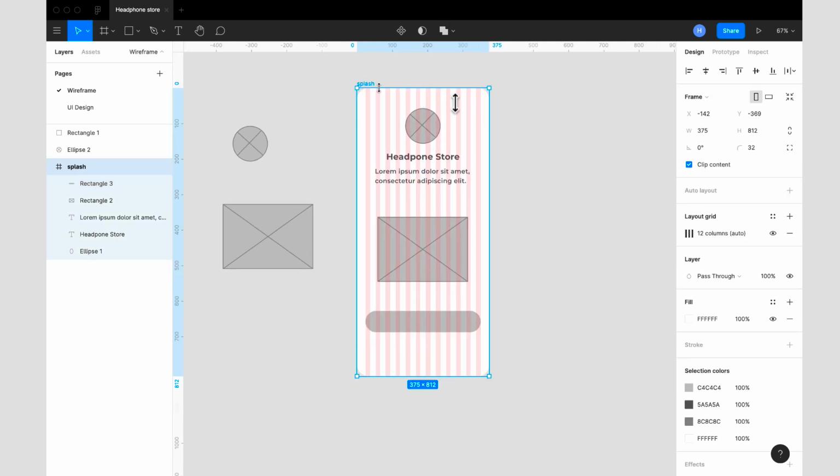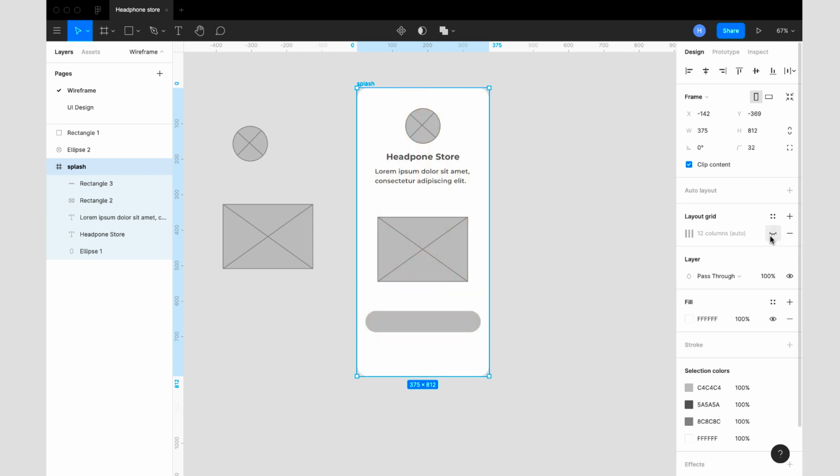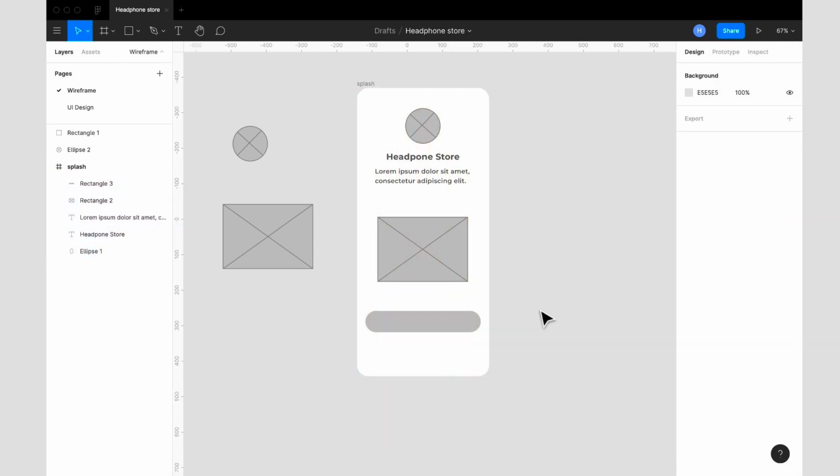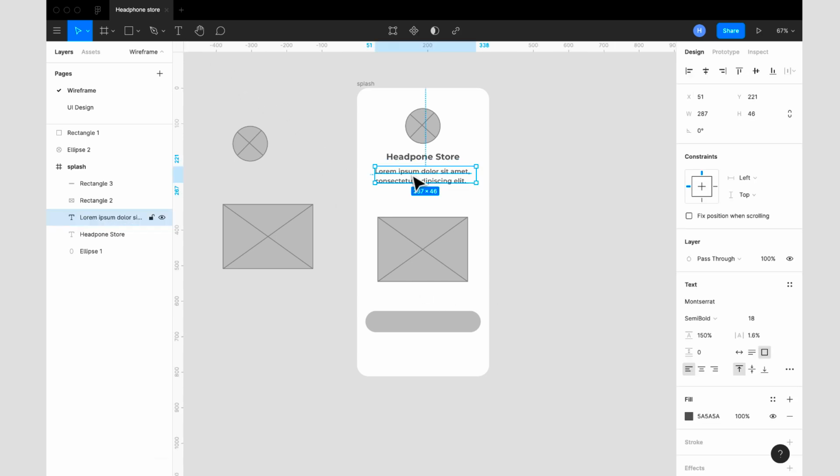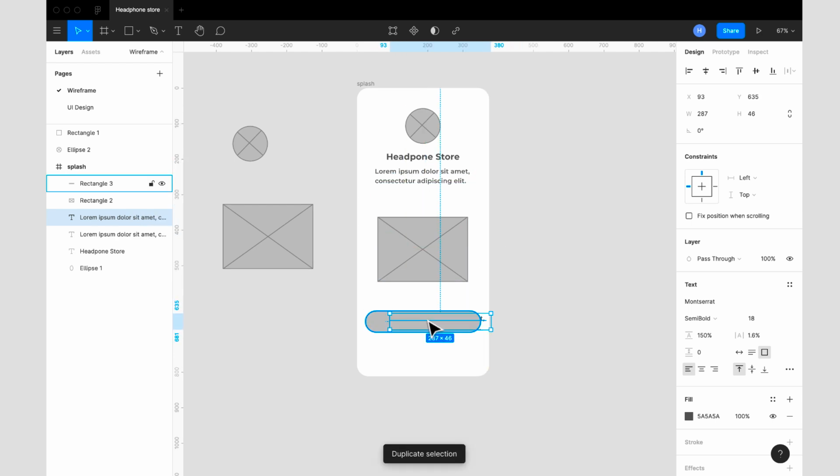So I'm going to turn off the layer grid by clicking on this icon on the layer grid section on the property panel. So I'll click on that and it's off. Then the next thing I'm going to do is add a text. So I think I will duplicate this text. So Ctrl D, I'll bring it here and drag it to the top of the rectangle, and I'm going to